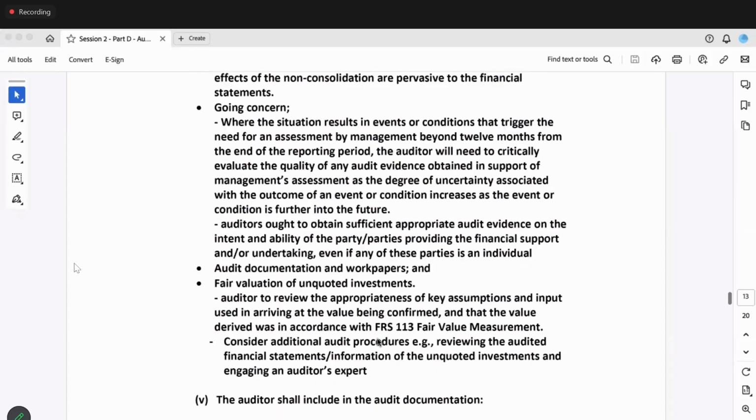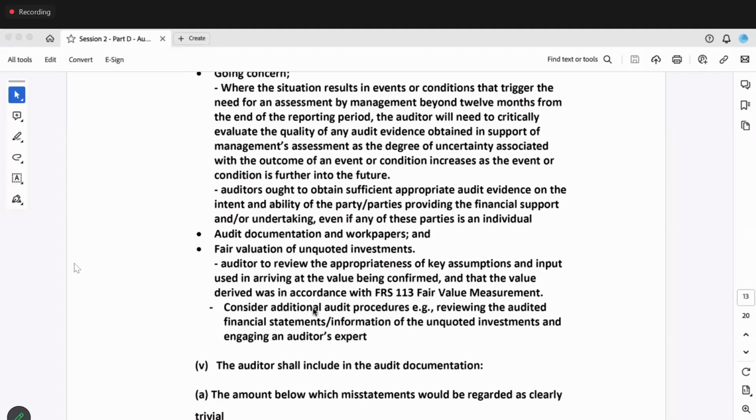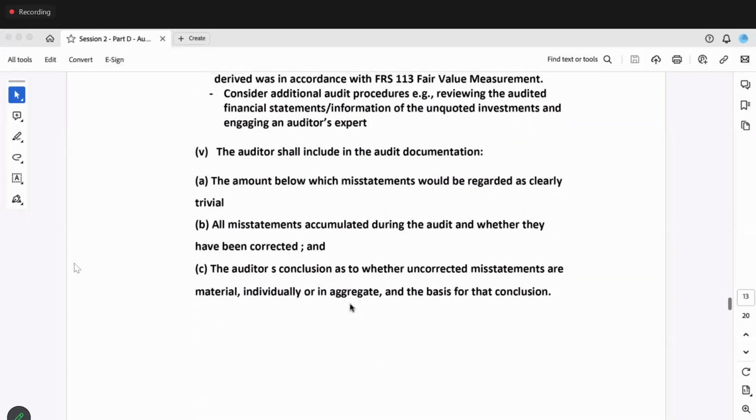Audit documentation. In the top inspection findings, they also discover that there's a lot of unquoted investment that when they perform fair valuation, the auditors somehow did not focus much on auditing the accounting estimates. All right, so this is also some of the areas of focus. They also remind about audit documentation. They say the auditor shall include in the audit documentation